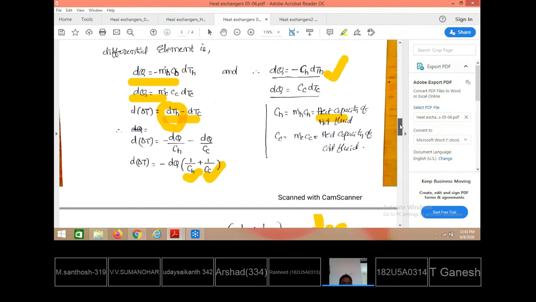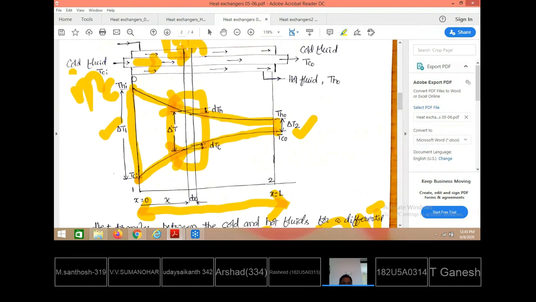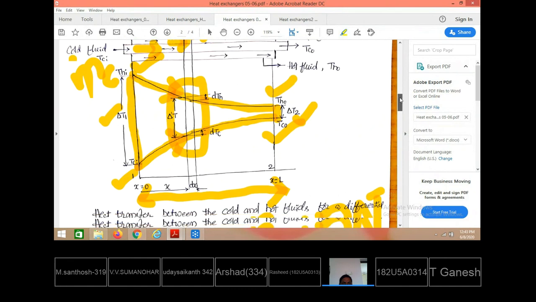If that is a parallel flow heat exchanger, the hot fluid inlet and outlet temperatures must be known, and the cold fluid inlet and outlet temperatures must be known. When you know all the terminal temperatures for both hot and cold fluids, only then do we use the LMTD method of heat exchanger analysis. When terminal temperatures are not known, the LMTD method cannot be used. Otherwise, we don't use this method.